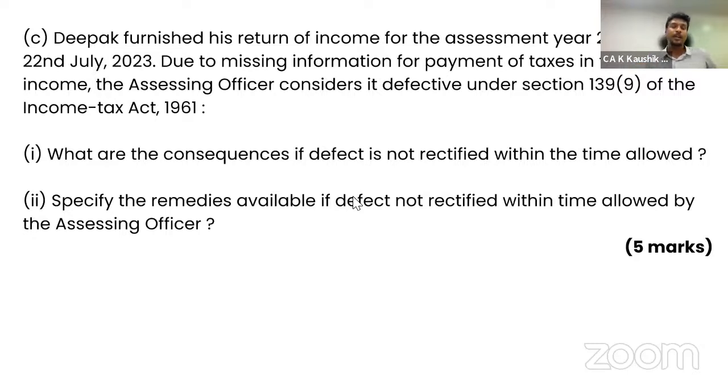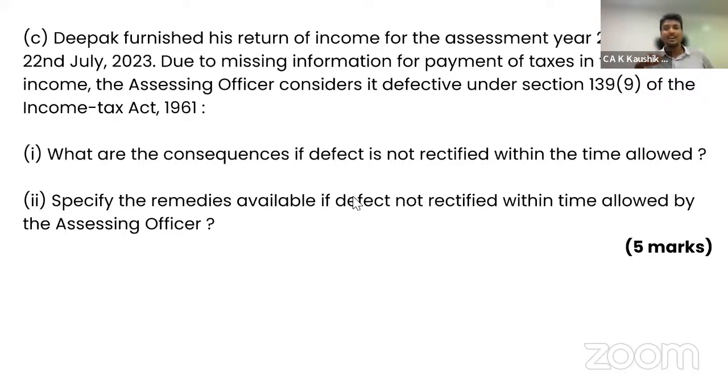Slightly it will be theoretical, and it can be any small concept and any nook and corner, any chapter that can come into picture. Question number 1, 2, 3, predominantly it can be on your 5 heads of income plus deductions plus set off and carry forward of losses, clubbing provisions, and residential status, computation of tax liability, and even it can be TDS provisions. So these are the chapters that can be possibly focused in question number 1, 2, and 3.